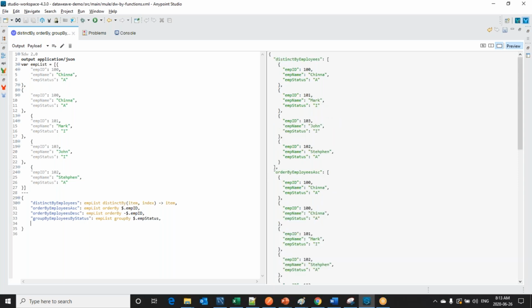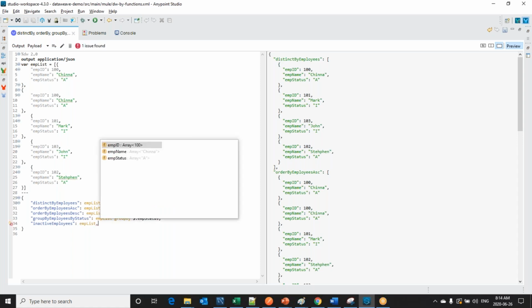Suppose I would like to get all the employee IDs first, then inactive employee IDs next. Let's see that. Let me give it as inactive employees. Then I can write emp list. First, let me show you for all the values, then I will show you how we can get the employee IDs of inactive employees.